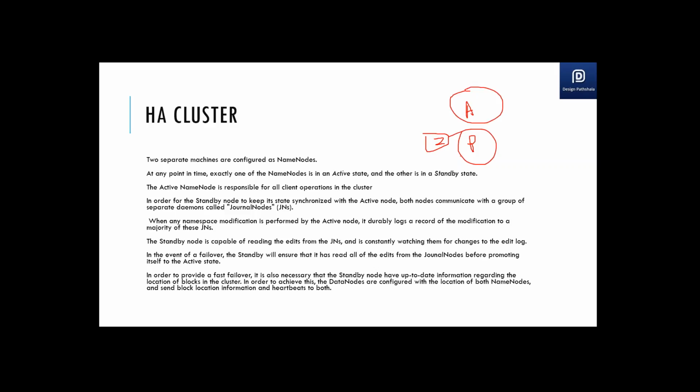Right. So if there's some problem in the network, Zookeeper knows that the active node cannot be communicated with right now. In such a scenario, it will make it passive and make the other one active. Once it's made active, it will ensure that all the commit logs done from the active node are read by this passive node, and only then will this passive node be made active.